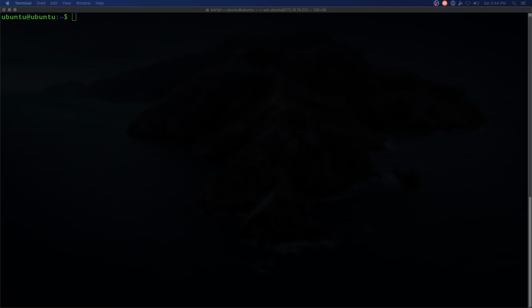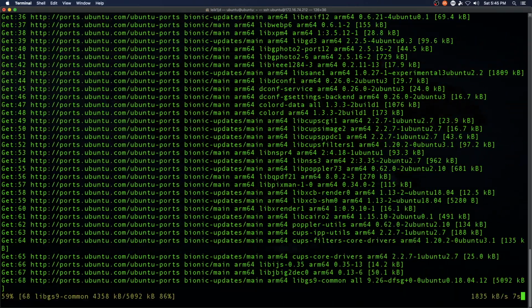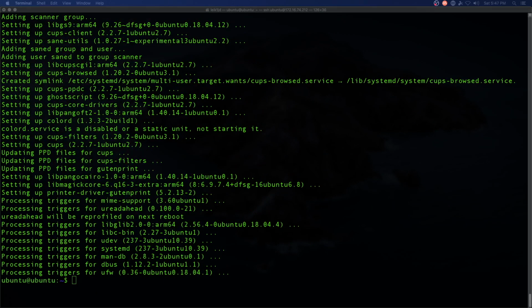In this segment, we are going to install the CUPS print server. So we are going to say sudo apt install cups. All right. We have finished the basic install. And now we need to copy